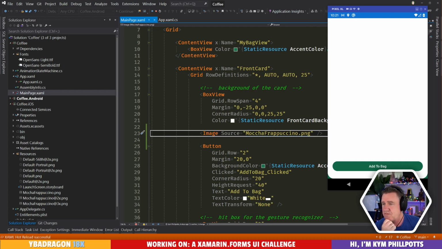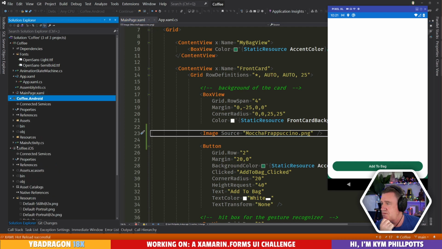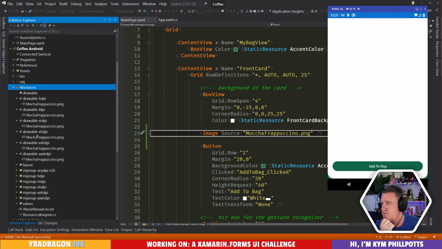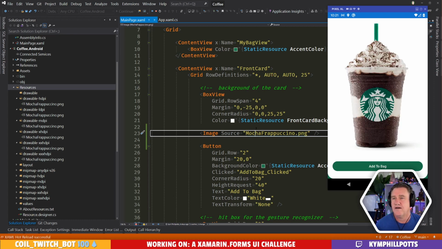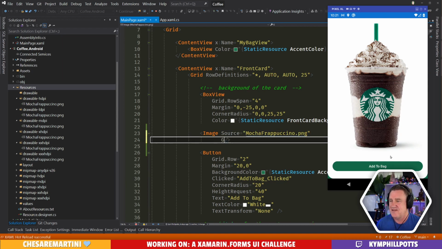That didn't work, did it? It didn't work at all. How many C's in mocha? Just 1. Whoa! So you got that mocha frappuccino. All right. I probably don't have to put this in grid row 0, so let's just leave it there for the moment.